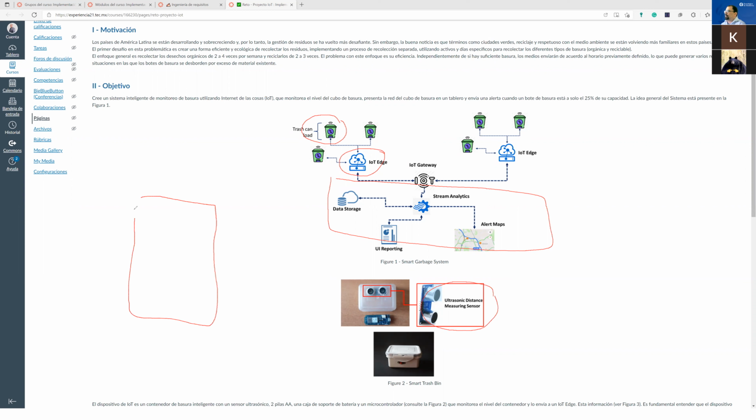You have the trash can. Okay, on the top of the trash can you install this sensor here. Okay, this ultrasonic sensor. Okay, what does this ultrasonic sensor do? And here you have trash. Okay, it measures from the top until the first